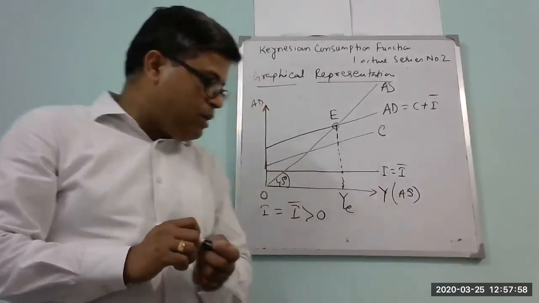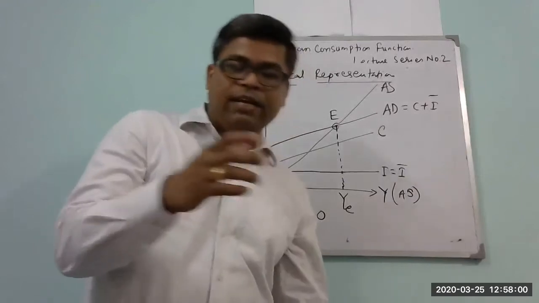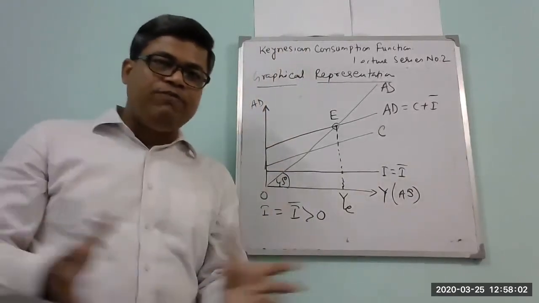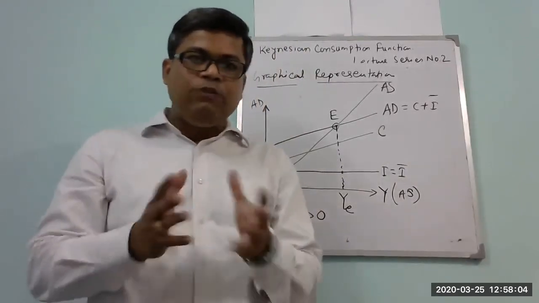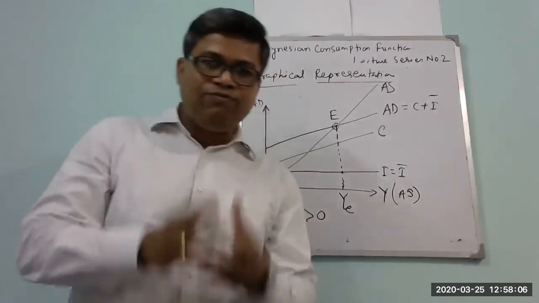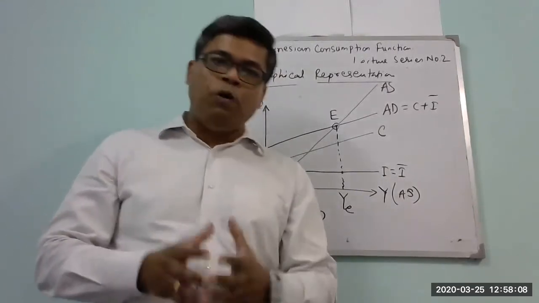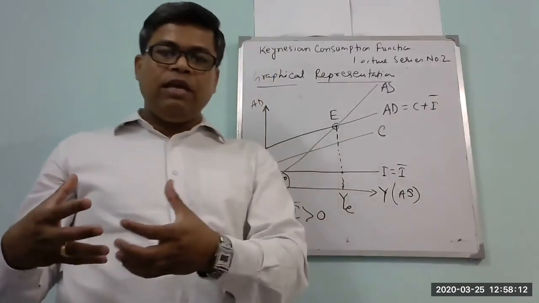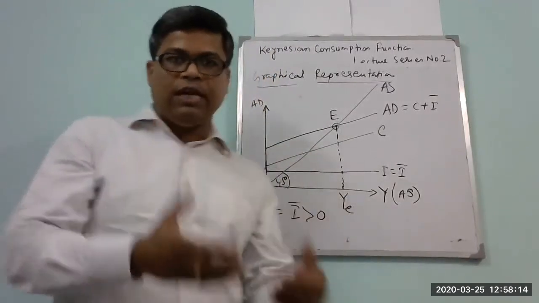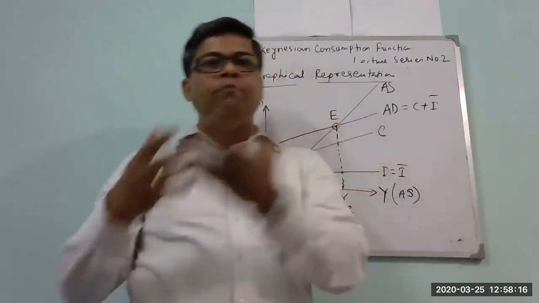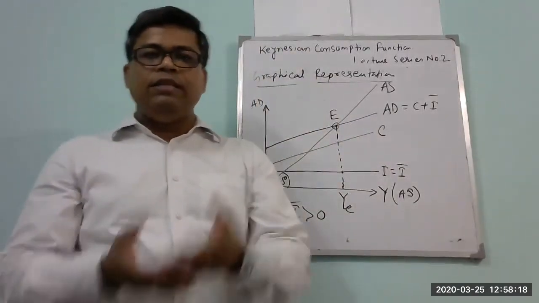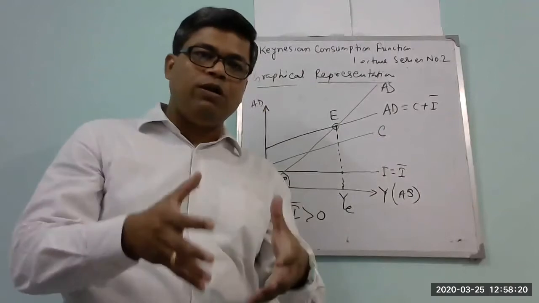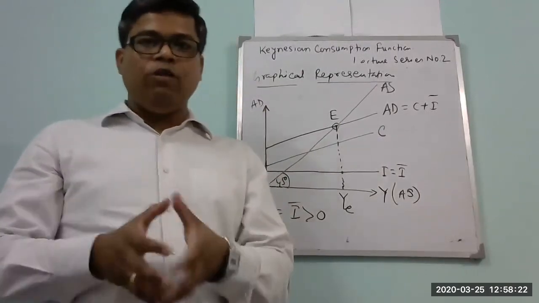Let me make you understand in a very simplified manner that stable equilibrium means that after deviation from its initial or original position, if over the time it once again comes back to its own position, then that equilibrium is called the stable equilibrium.